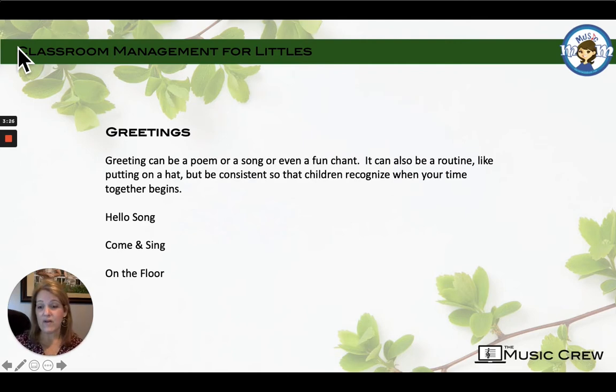Another one of my favorite ones is Come and Sing. Come and Sing is a piggyback song on Three Blind Mice, but you will repeat every phrase that I sing, and it goes like this. Come and sing, come and sing, sing with me, sing with me.